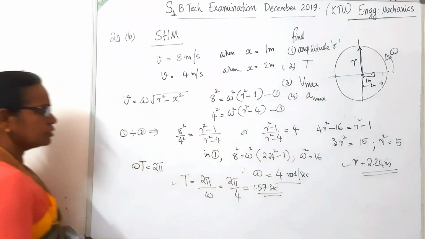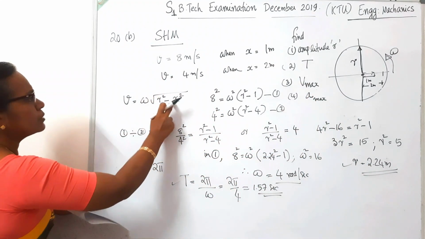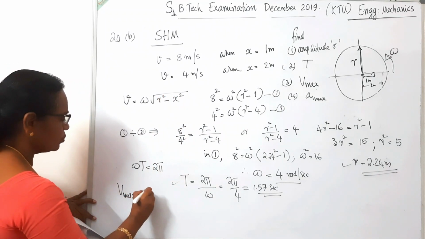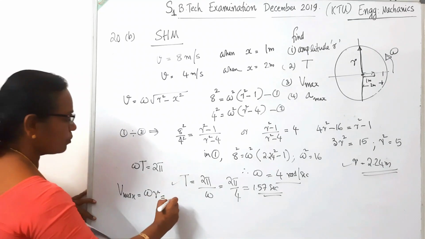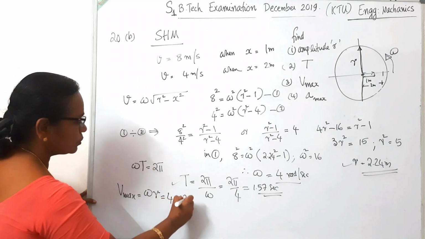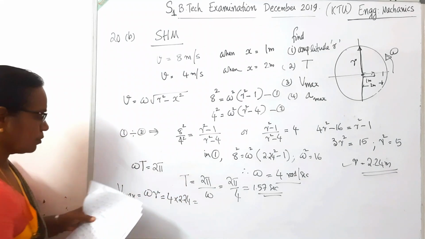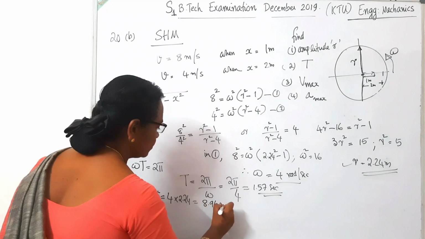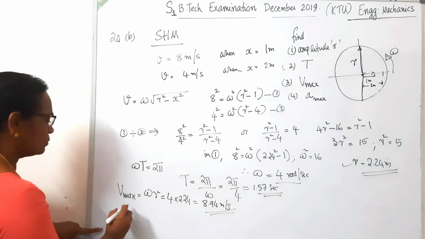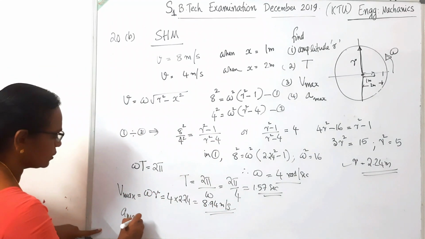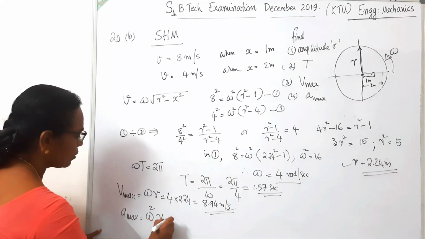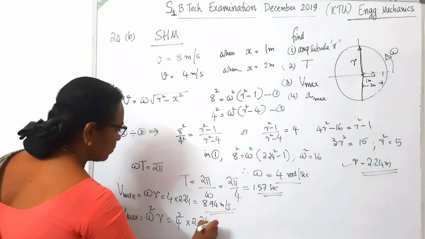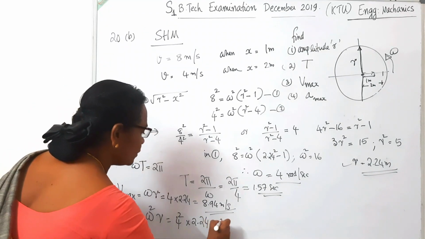Then what is the maximum velocity in this expression? For maximum velocity, x should be 0. So V max is equal to omega r, which is 4 into 2.24, that is 8.94 meter per second. And maximum acceleration is omega squared r. Omega square is 4 square, into r. It gives 35.84